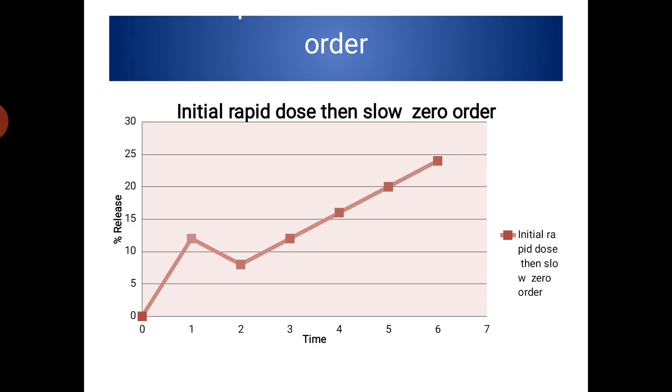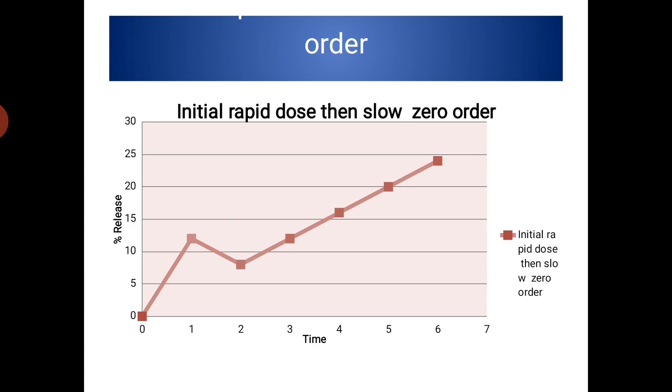Again, it takes more time to attain a steady state concentration. These two things are critical, because the patient requires an immediate action, that is one thing. Second thing, to attain the therapeutic steady state concentration, it takes a long time. So to nullify this effect,